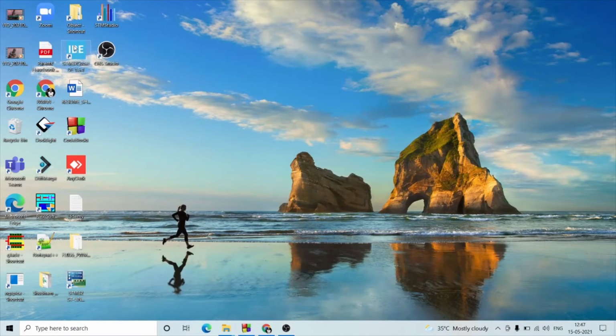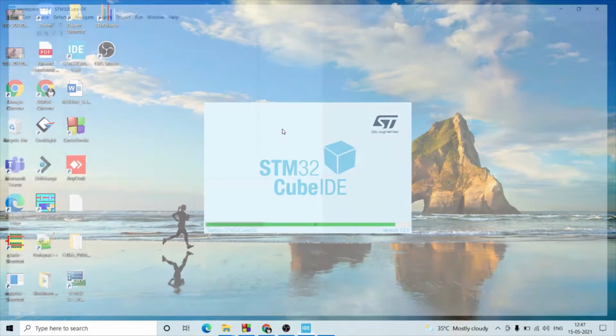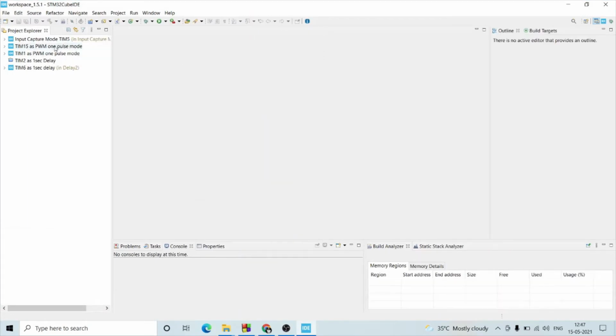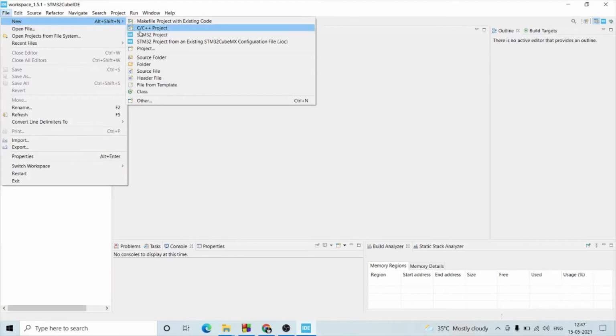So I'm just clicking on it. If you are opening it for the first time, it will take some time to download the libraries regarding the STM controller. I am already using this IDE, so it will open early.